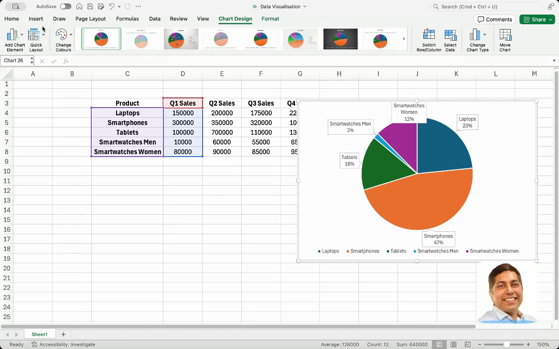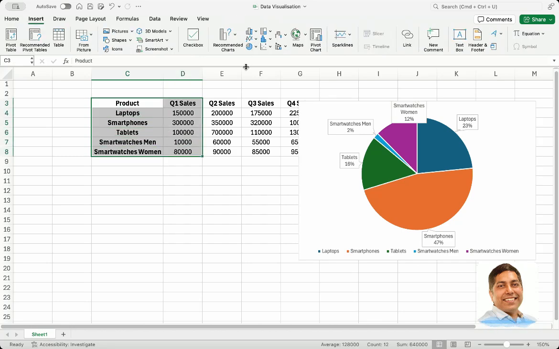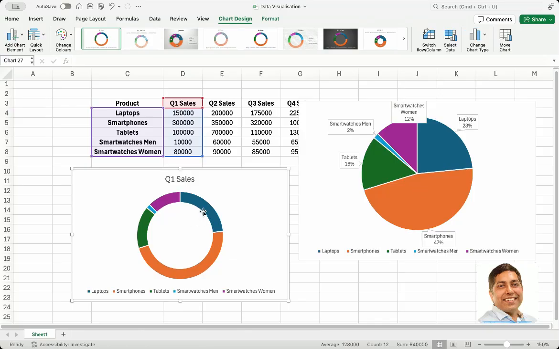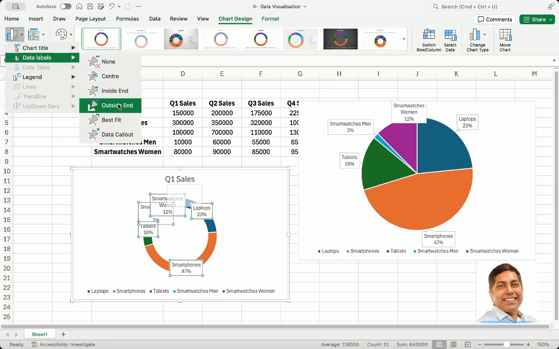So now if I select the same data, go into insert and insert this another type of pie which is called donut. It's a similar chart but with an empty circle space in between, right? So this is another way of showing a pie chart if you want to have a different look altogether. Now here also if you put in data labels, and maybe if you want to have them outside,